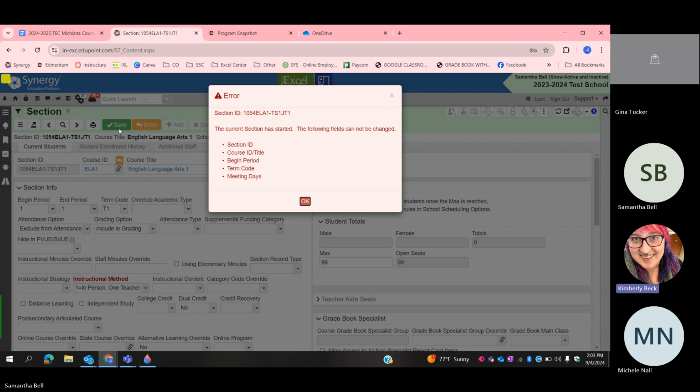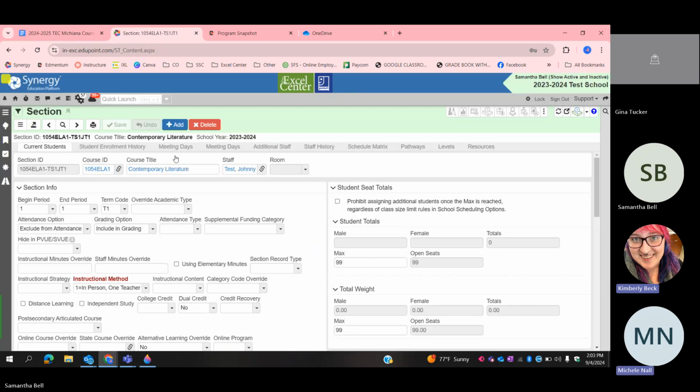So here's what I would recommend as the workaround. And this is something that is actually good to learn because you might run into this if you have a staff member leave mid-year. Sam and I are actually going to have to do this at the end of term 1 because we have a couple staff resigning that are teaching year-long classes. It's term 1, so you won't have to do this pretty regularly, but for the classes where this isn't syncing up right and the things you can't edit, you might just need to let